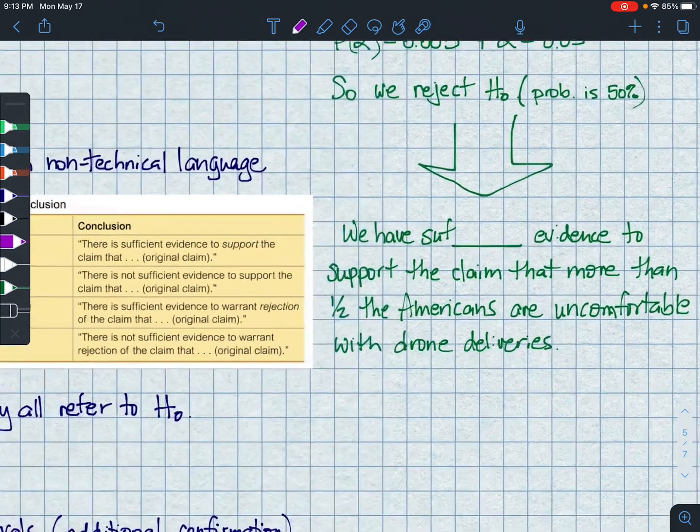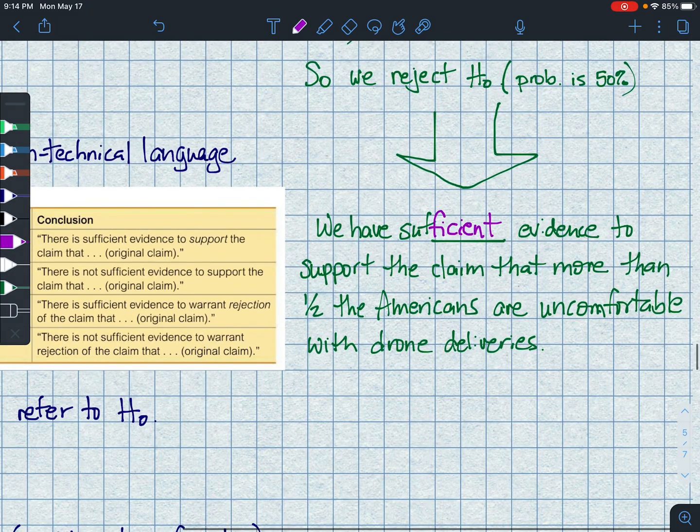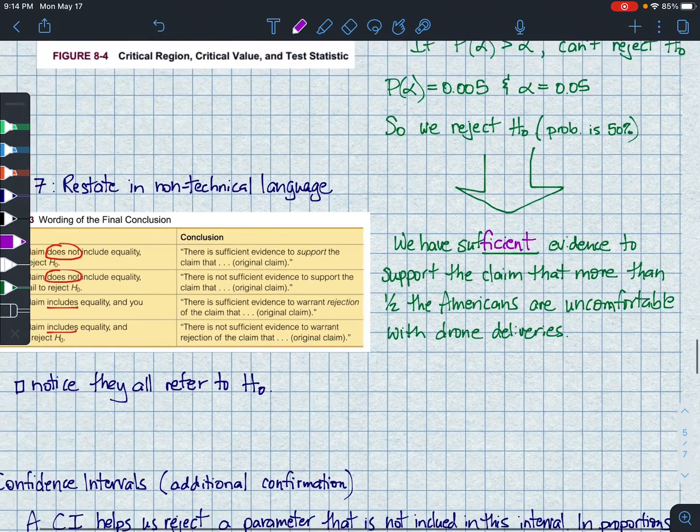So our summary then is we have sufficient data, evidence, to support the claim that more than half the Americans are uncomfortable with drone deliveries. We could also say we have sufficient data to support the claim that we deny that half of the Americans are either uncomfortable or comfortable with drone deliveries. Okay? But it's best to state it in the positive sense here, and we try to state this as simply